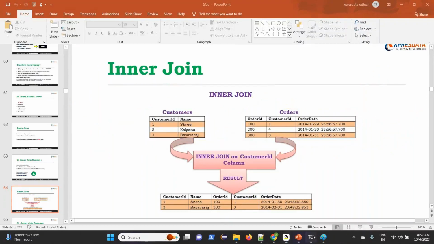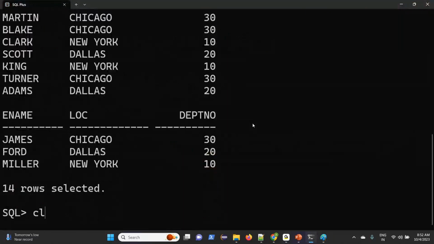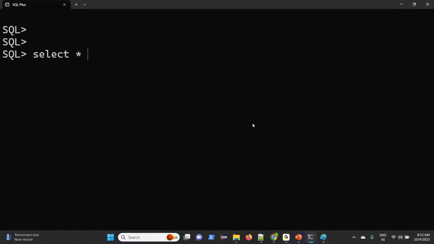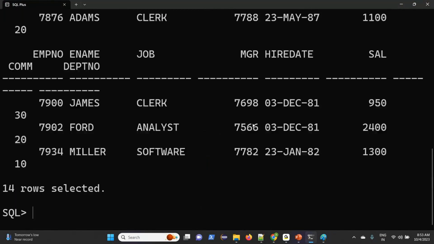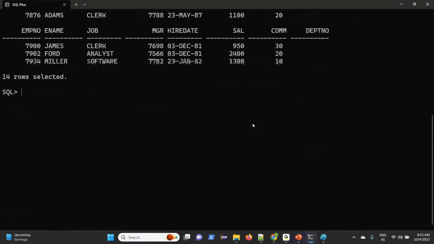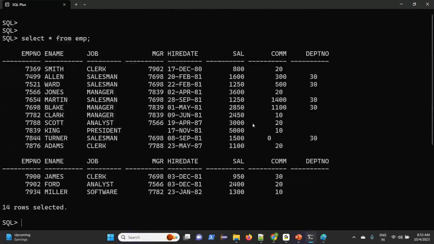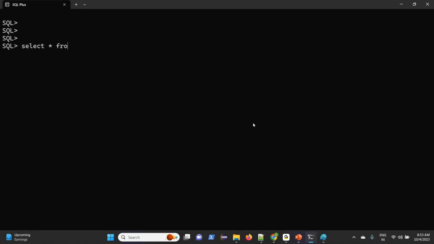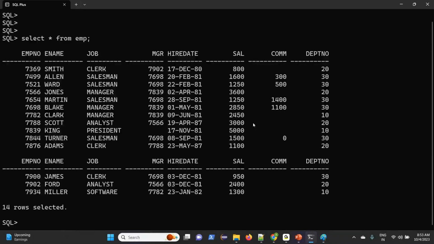Now I will show you some analysis, then you tell me. Okay. Select star from employee table. Now how many departments are there here? Okay, I deleted something somewhere, guys. Maybe I updated wrongly somewhere. So your table doesn't have any problem. Okay. Now guys, you see here. How many departments are there? Just note down.